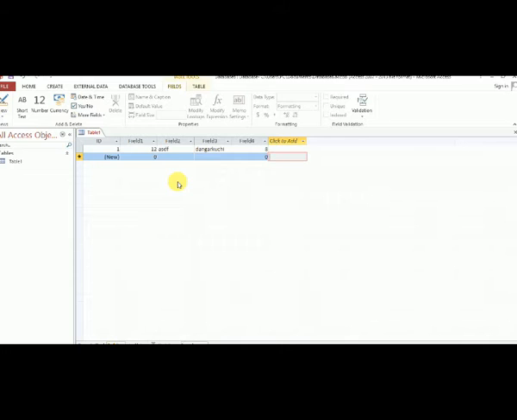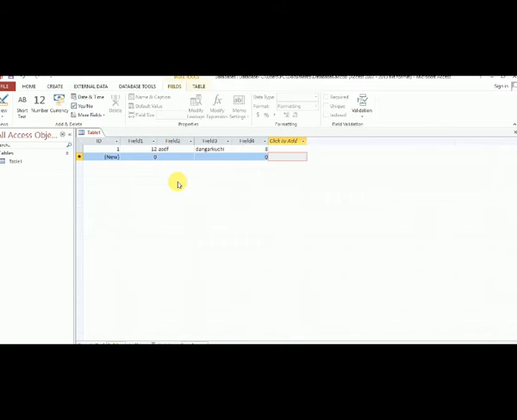Number one, it is easier to understand and use. MS Access creates and stores data in the form of tables. Tables are easy to work with, already used. It allows importing and exporting files to Microsoft Office and other applications.